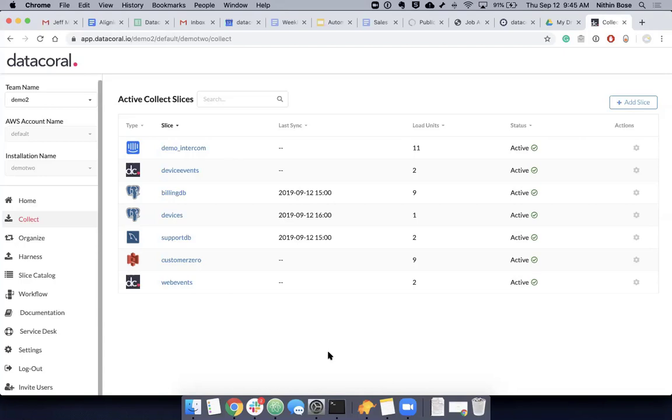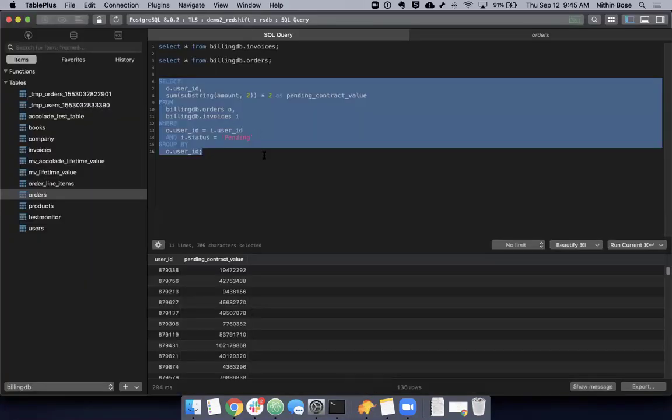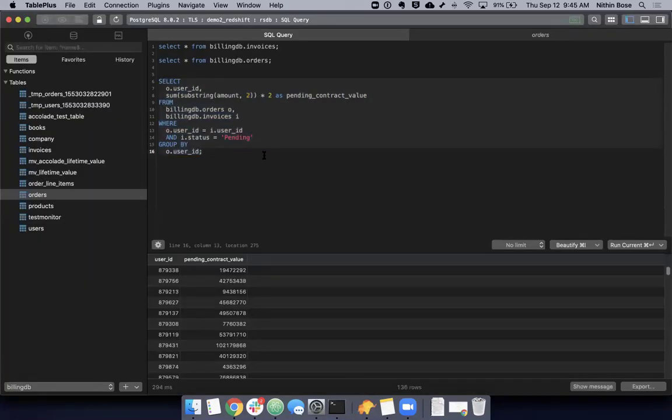So let's go into your typical data engineer, data scientist life. They would want to go run a whole bunch of SQL, figure out what they would want to do with that information. And here is just an example of a SQL that they end up writing. Somebody said, hey, I want to know how much pending contracts we have not invoiced, which we already have. Great. So this poor intern who was a data analyst ended up writing this query within 5 minutes of that request coming in.